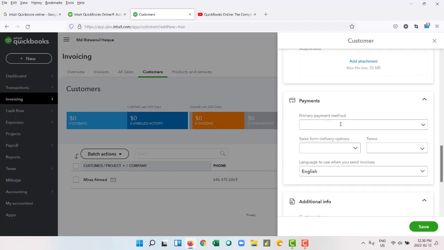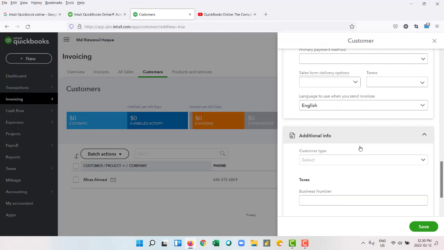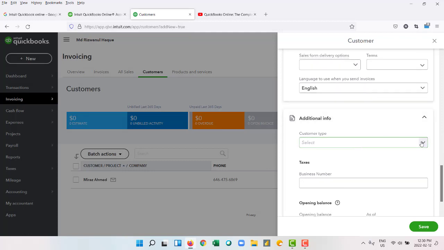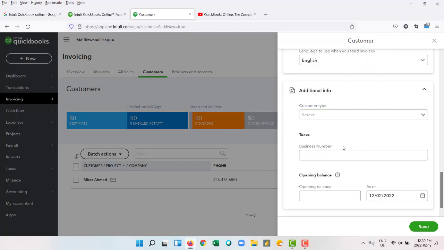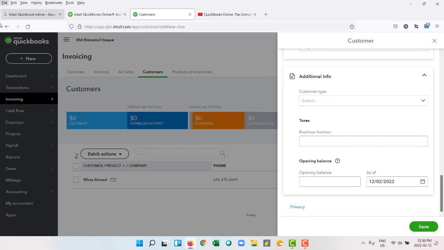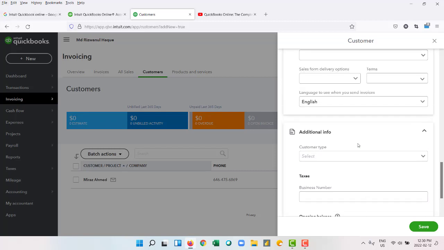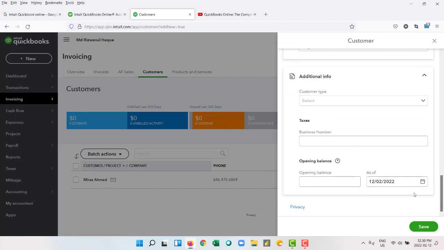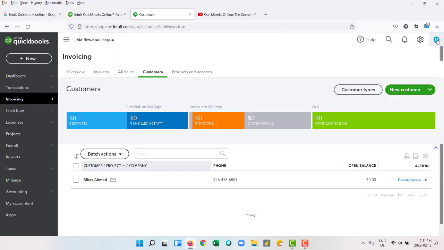And payment information means how you can receive payment: by credit card, debit card, check, cash, or many other things. If it is a credit card, you can deduct payment automatically. Additional info, you can say customer type. That's a normal customer. If the customer does not have any business or any other thing, just keep it blank. Okay, now